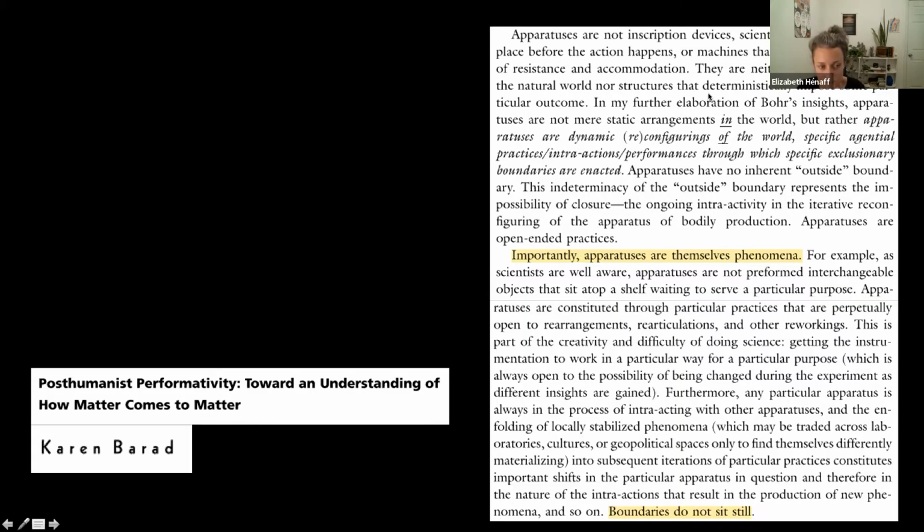And so Karen Barad has written a lot about the role of the instrument in the sciences, and I think I sent you all a link to an interview of hers as potential reading for this context. She's trained as a physicist, but she's also a feminist theorist and a scholar, and she's written a lot about the theory of science. In particular, I really like this passage, so I thought we could read this together before we start thinking about more instruments.